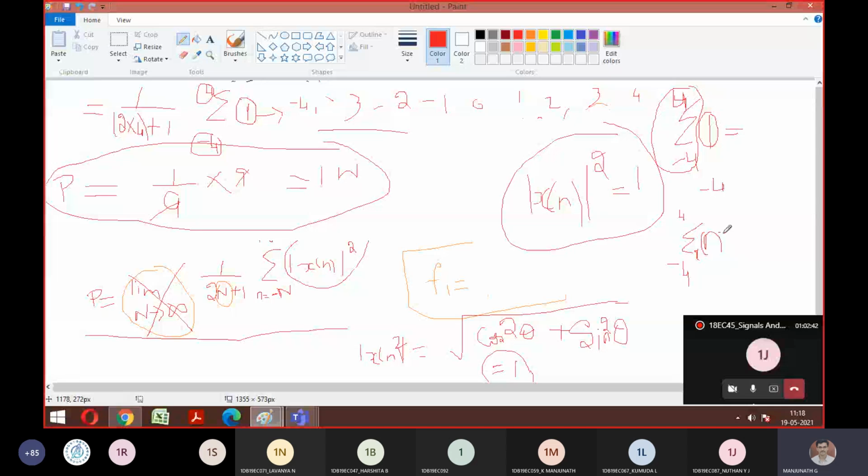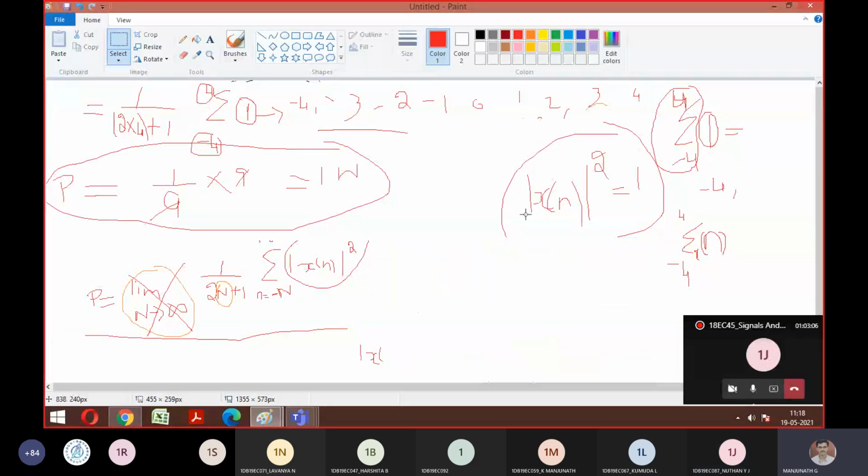So x of n, if you expand it, is x of -4, then x of -3, x of -2. What is the value you will take for that? Do you know that value? Here, for each value it will be 1 itself, sir, instead of n. Yes, that is what I'm telling. Instead of n, each value itself is 1. It means -4 is 1, -3 is 1, -2 is 1. Like that, from -4 to +4 you have all values as 1. I should take the summation, it means 1 plus 1 plus 1 and so on becomes 9. That is how we got 9 here.